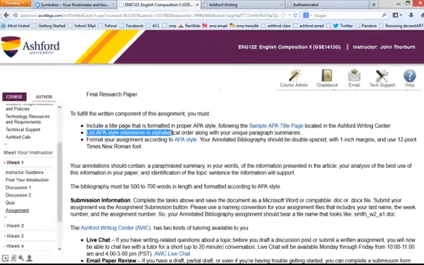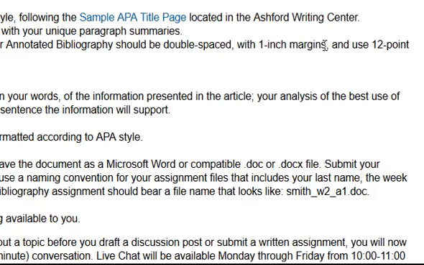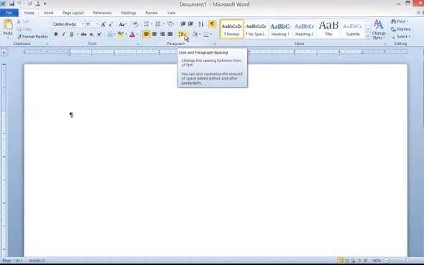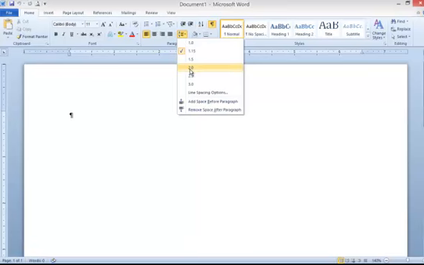You'll have your pages that contain the APA-style references. Make sure that they're in alphabetical order. The references list has to be in alphabetical order. And after that, the document has to have 1-inch margins all around. And every line in this document has to be double-spaced. Set your spacing in your Word document to double spacing. So you can do that by going to the line and paragraph spacing and clicking on 2.0.